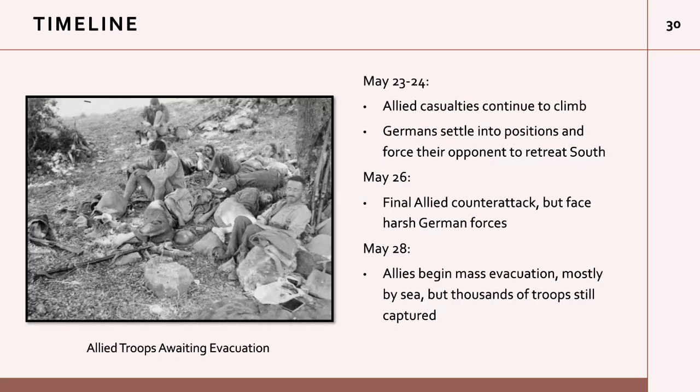From May 23rd to May 24th, German forces consolidated their positions and launched a sustained push southward, driving back Allied defenders. Casualties mounted rapidly. By May 26th, the Allies launched a final major counteroffensive, which failed to regain critical territory. The decision was made to withdraw. On May 28th, a mass evacuation began, with